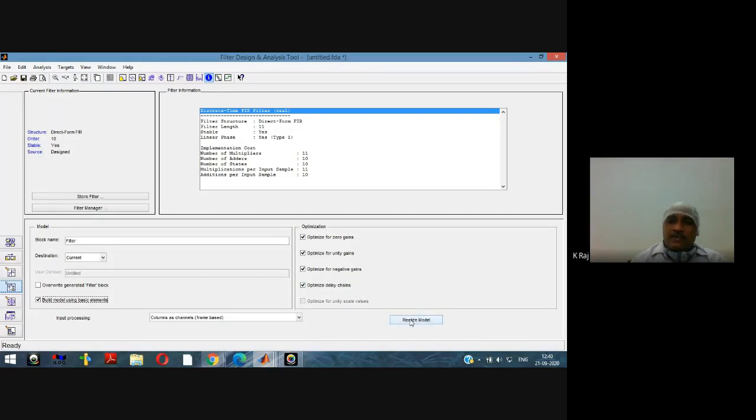After selecting, here select the realized model. Realized model means architecture, drawing the architecture of that designed filter.